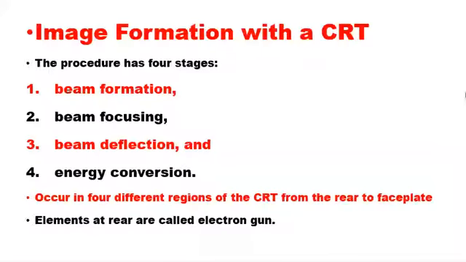And of course the image is formed on the CRT following these 4 stages. The first one is the beam formation, the second is the beam focusing, the next is the beam deflection, and finally the energy combustion. And these 4 stages take place at 4 different regions in the CRT, starting from the rear, that is the most backward part, which we call the electron gun, down to the first plate where the image is incidented